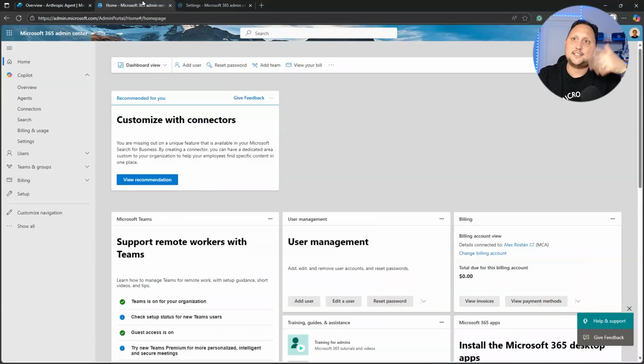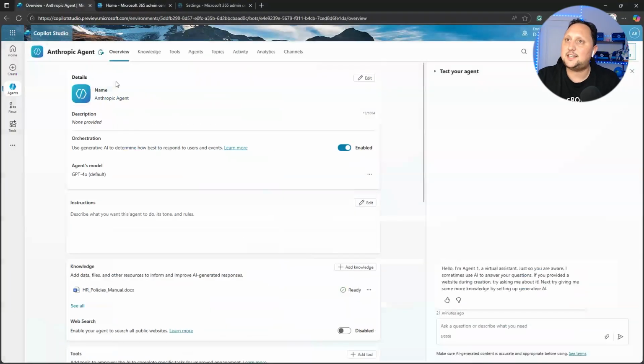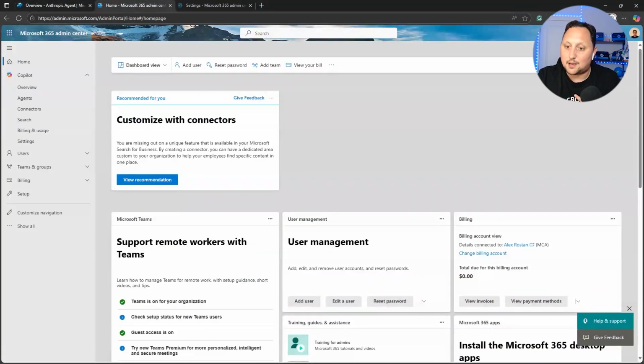So first of all, this is the M365 admin center. As you can see here, at some point you're going to need administrator rights to do that, or you need to ask your admin: okay, hey, I need to activate the Anthropic models. So once you have the access here or you request your admin, the steps are, of course, access to